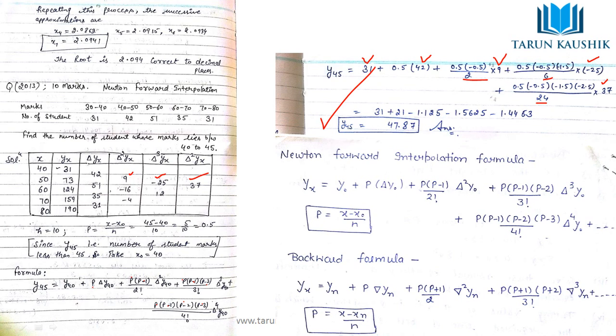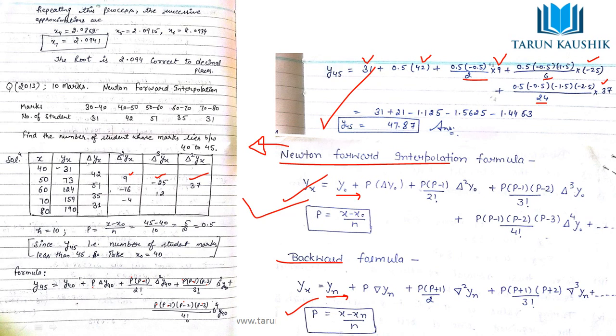Yes, you will be finding it very easy. Once, or you can say twice, you will be reading this, you will be getting to know this very well. Next, Newton's forward interpolation formula, you remember. Here we have started from y naught, and in the backward you started from y of n. The process is the same. Now I think you have come to know about the application of Newton interpolation,